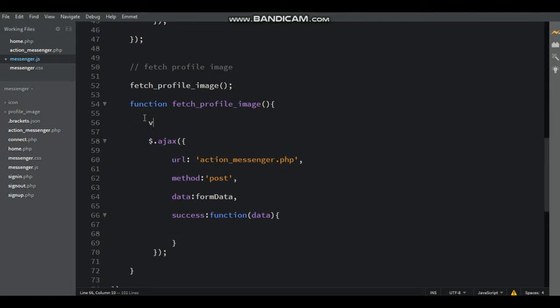Now write variable action equal to, inside single quote, write variable name, that is fetch profile image, close with semicolon.